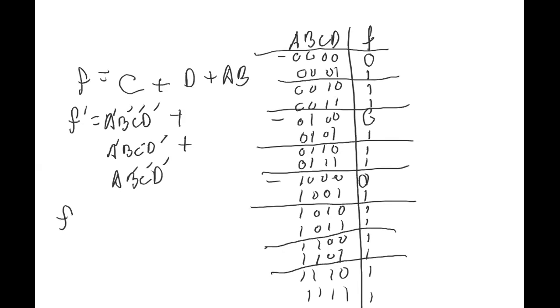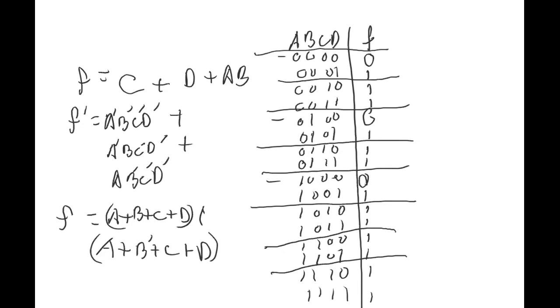I could certainly invert it, but then I would have instead of a sum of products, a canonical product of sums, which is cool. A or B or C or D times A or B or C or D, B prime. I'll just put a dot in there, times A or B or C or D with the A prime. And that is a canonical